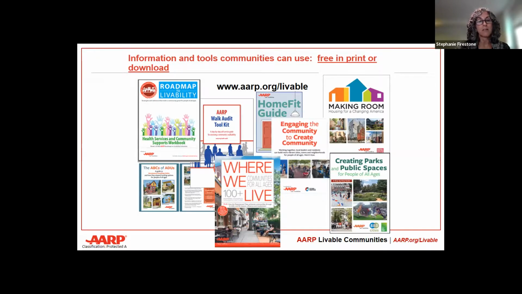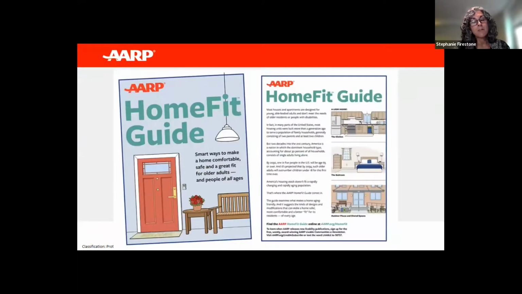So we can go to the next slide, please. So the first one is a home fit guide. Just to make a point that in the United States, and similar in the UK, I don't know what it's like in Canada, but I assume that also the majority, in the US, 80% of housing that will be needed for the next few decades has already been built. So essentially, we have to advocate for new building that is age friendly and incorporates all the critical features that